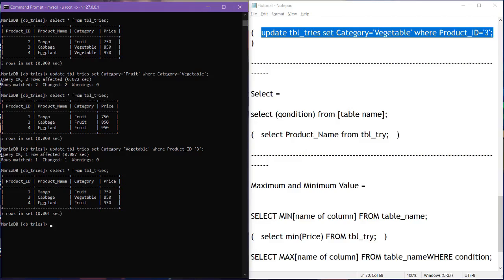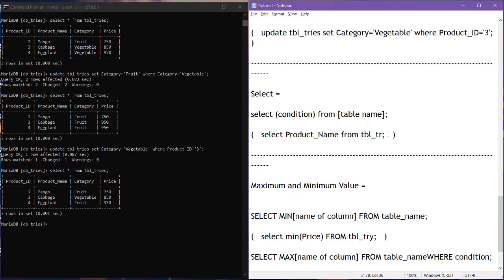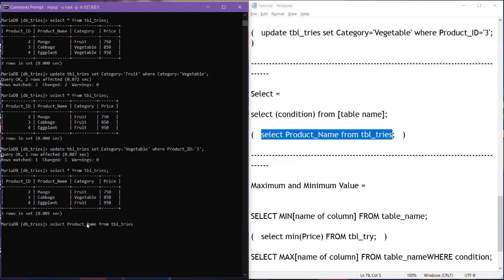So when I copy this and paste it here, I forgot the semicolon.